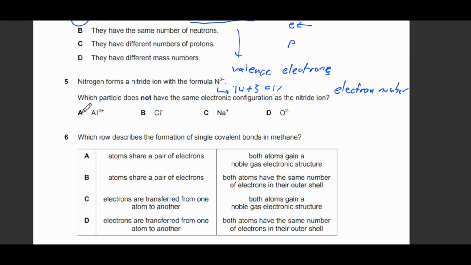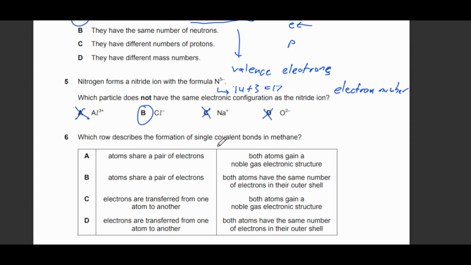So therefore, the answer is not A. Cl- does not have the electron number of 17, so therefore B is the answer, but we can check C and D to see if it's correct. Na+ will have 17 electrons, so it's not C, and O2- also has 17 electrons, so it's not D as well. So with this question, you just need to sort of count the number of electrons and make sure that it's the same as